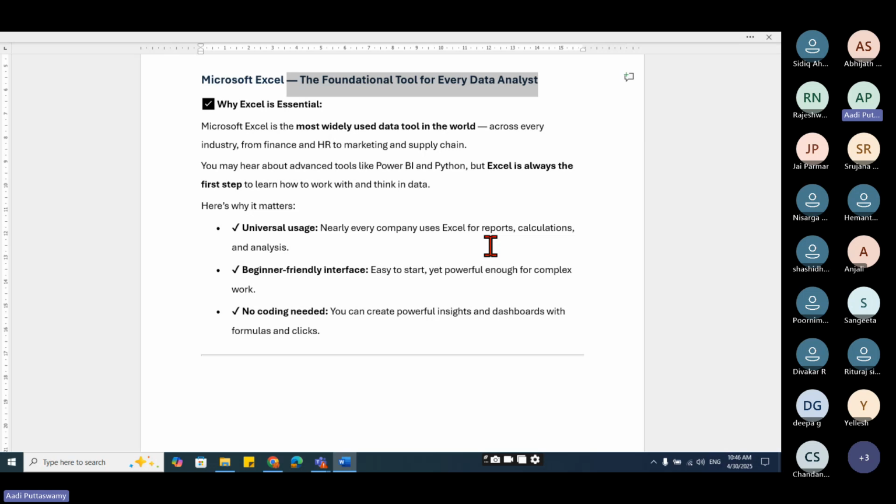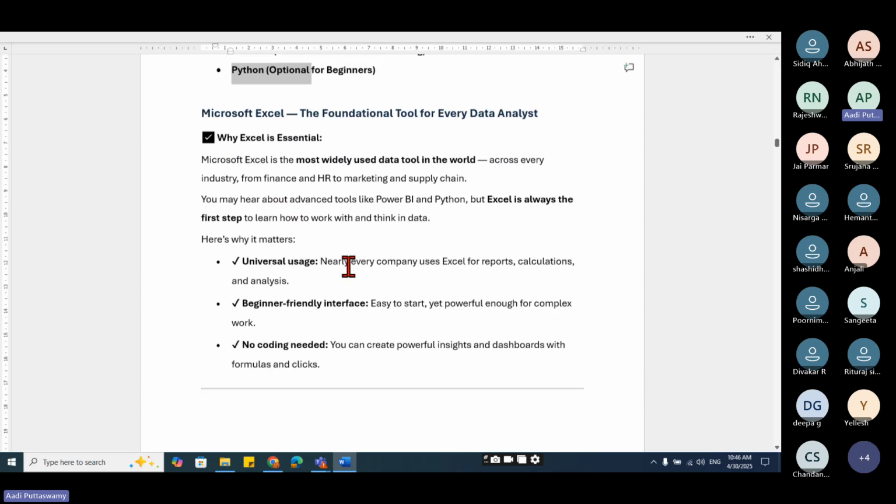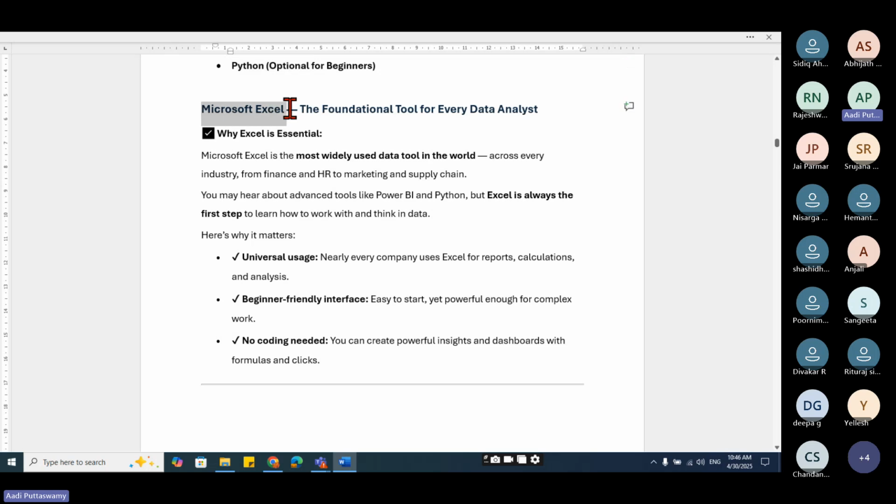If you master this one tool, the rest, whatever is mentioned here, SQL, Power BI, Python, Tableau, or anything, is very easy, because the analytics concepts can be used in all the other applications very easily. So let's go here and see Microsoft Excel.